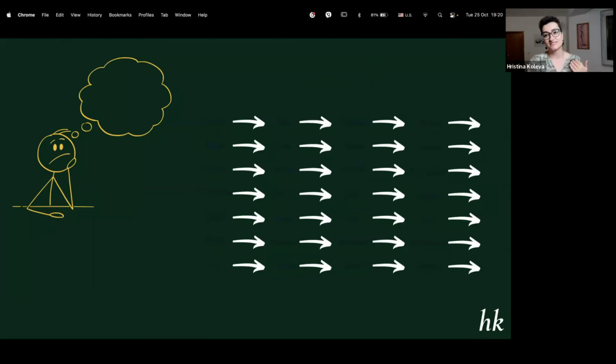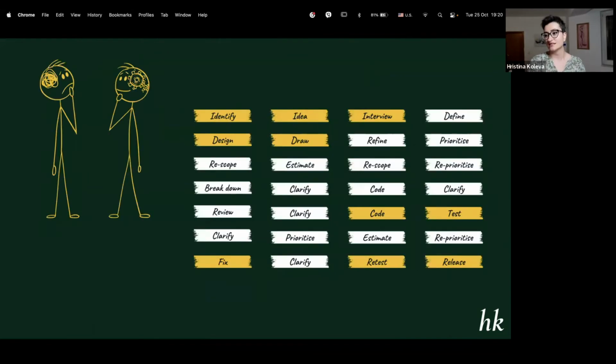What actually takes the most of the time is the so-called waiting time. It's the management, it's the coordination, it's the organization, it's asking questions. And this is the next one. It's all these white boxes here, which have nothing to do with production activities. It's all about clarifications and making sure we're on track, we're managing, we're building the right thing. Have we understood each other? What takes most of the time is the fact that we don't understand each other. And it's just natural, it's a human thing.